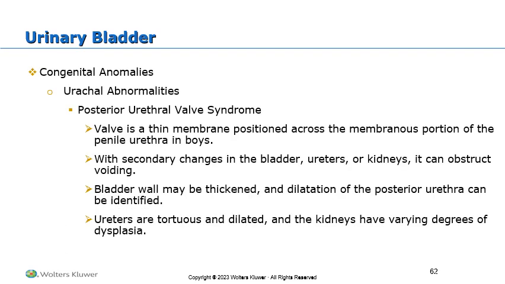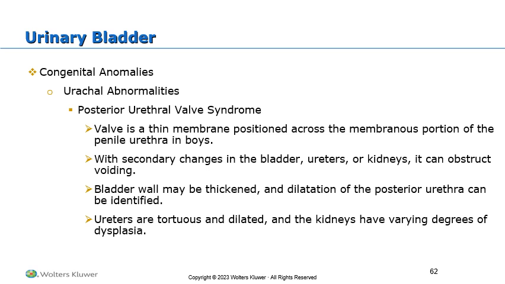Urachal abnormalities are associated with posterior urethral valves. We already talked about this pretty extensively. So again, it's in those boys. It's usually a 1 in 8,000 risk factor for this. It can be devastating if they don't address it and if it's complete, because it will result in pulmonary hypoplasia